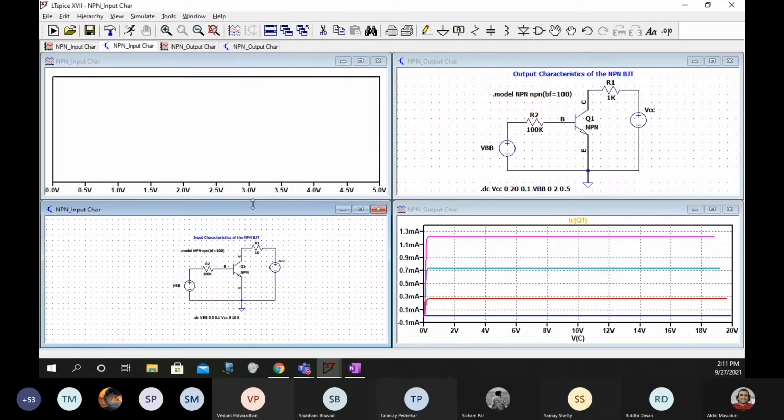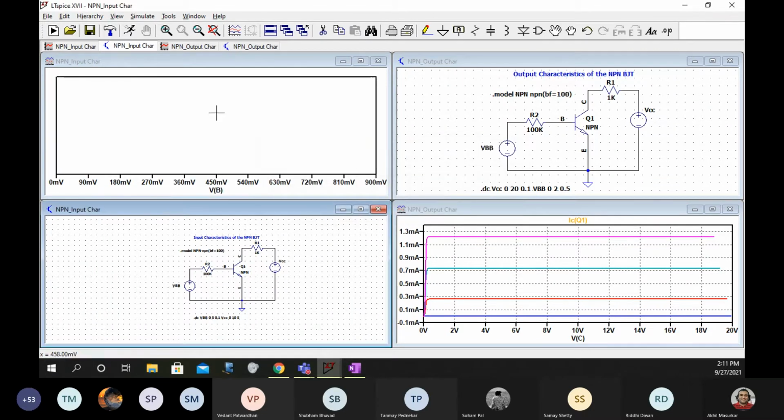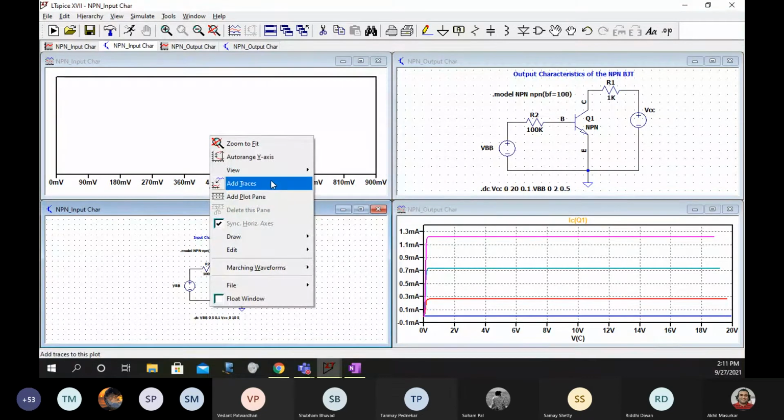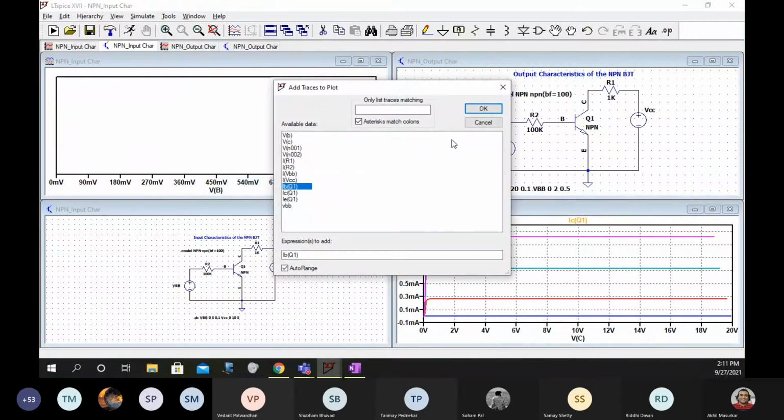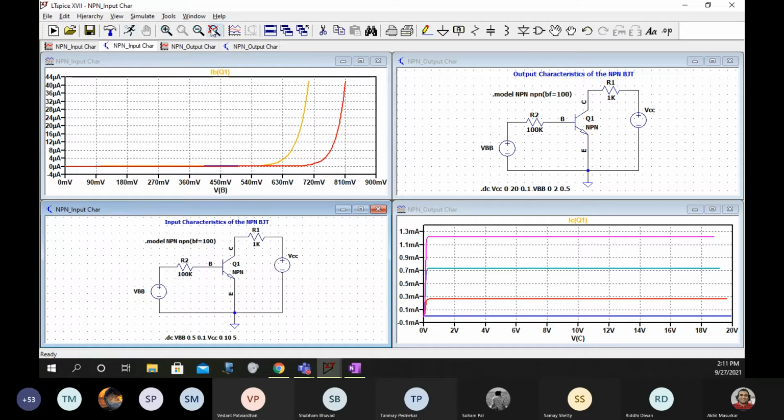Simulate this, and here we want VB, and here I want IB. So now I want to see all four like this: input, output, circuits as well as characteristics.